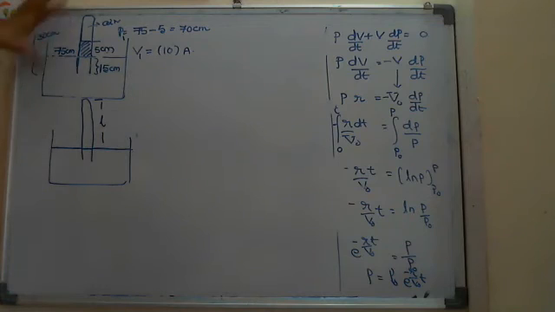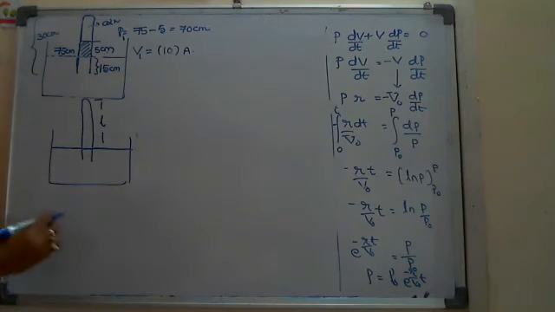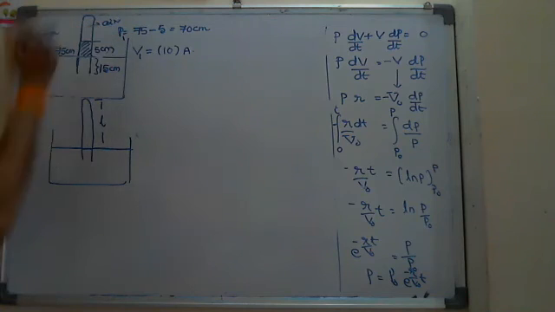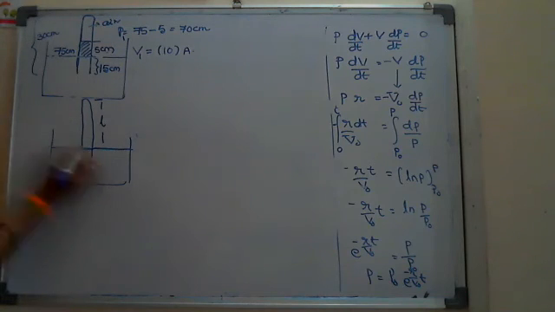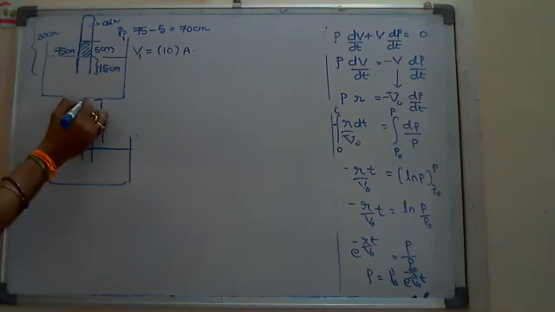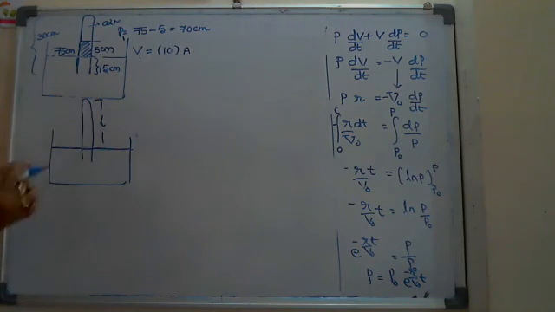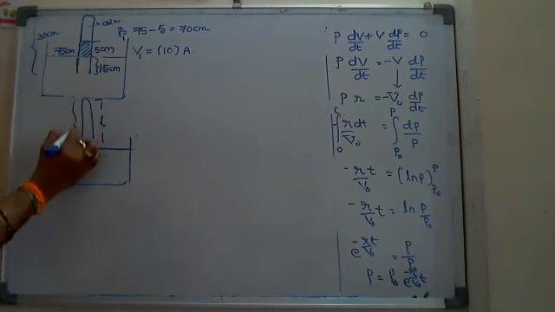Okay, so you can find P1 into V1 now. Here the problem is the total tube length is 30. Here the liquid level comes down, means comes to here. What will be the total length here? That length I don't know. Let it be x.